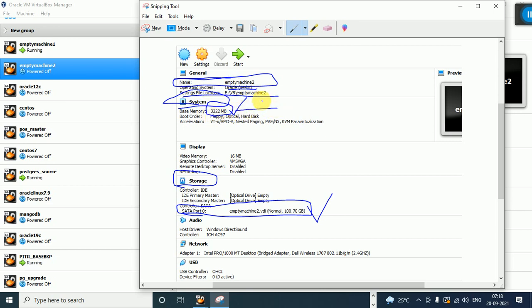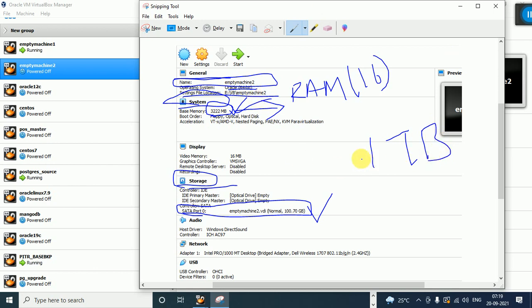This 3 GB is utilized from my main memory. My main memory, how much? RAM 16 GB, my total is 16 GB. Out of 16 GB, I assigned 3 GB for this machine. So this is memory; in the system section, we can find memory, how much is assigned to this machine. In storage, my total storage capacity is 1 TB for this laptop.